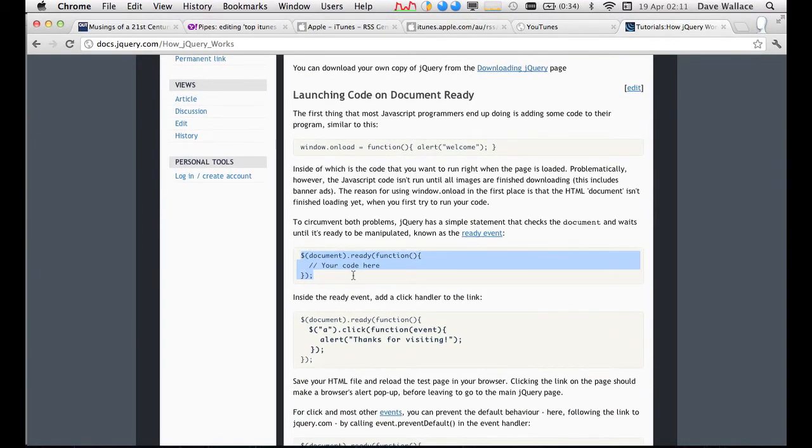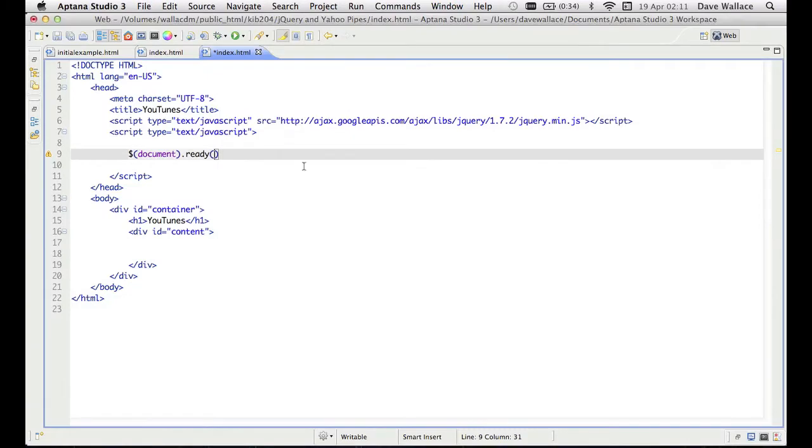If you're worried about making a mistake, the easiest thing might be to copy and paste that. But it's document.ready, and then function, and then open closing brackets,